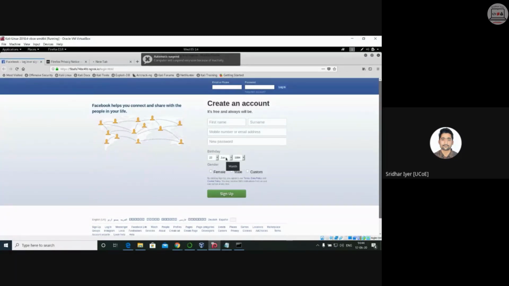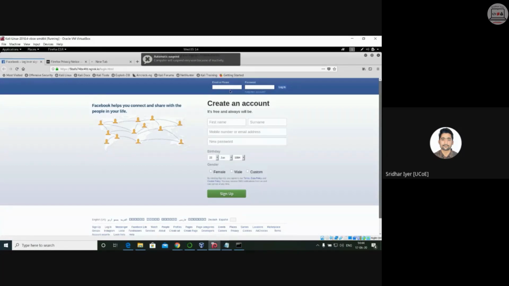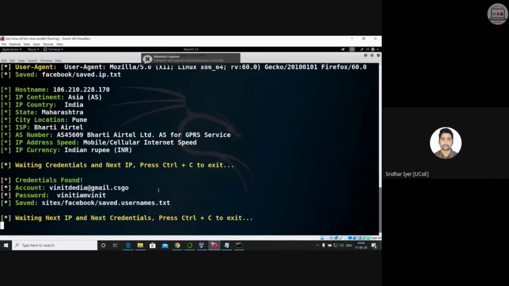It looks exactly the same. So what exactly happens is, if I use this email or phone section, the login section, whatever data I enter over here, that data will directly go to the attacker's machine. It's now loading up. It's taking a long time, so I will just give the demo using this only. If I enter something over here, it will directly go to the attacker. How? You can just check on this control panel, the Shellfish one. Just have a look. Vinit Dedia has already logged in.